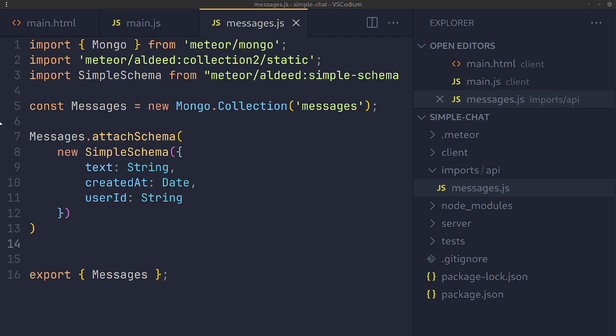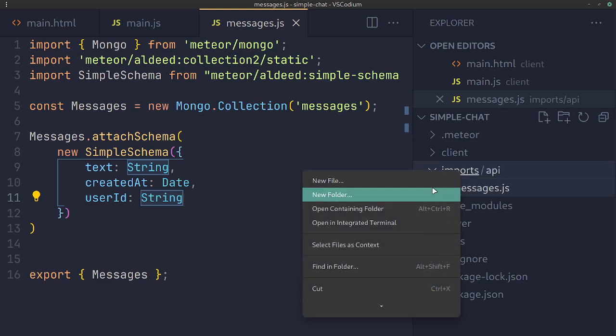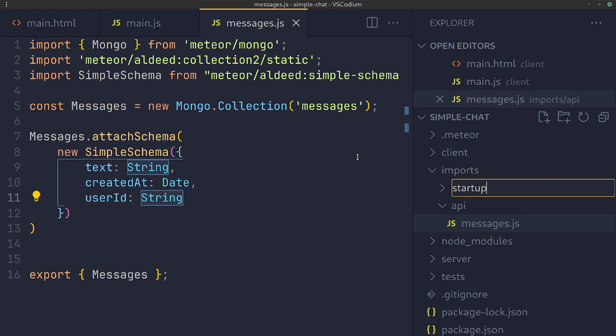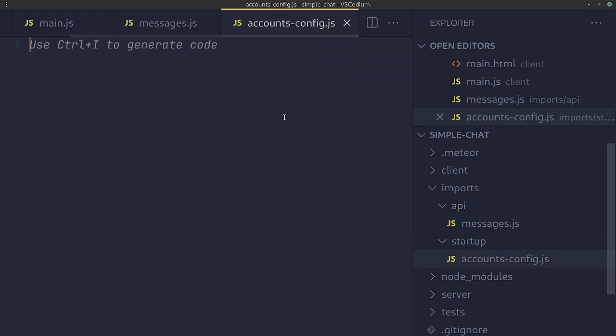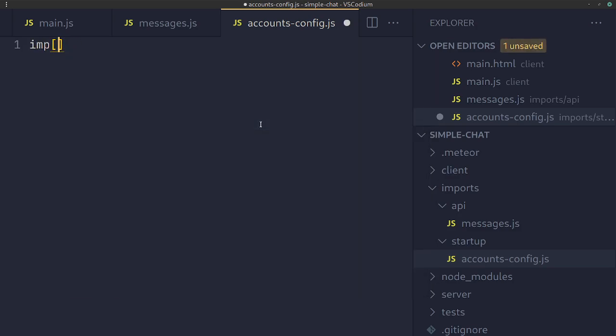So now we're done with the most important single block in our application. So next up, let's create our authentication system. Next to the api directory, we're going to create another called startup. And inside of it, we're going to create a file called accounts-config.js. Notice the hyphen, okay, .js. And inside of it, we're going to import